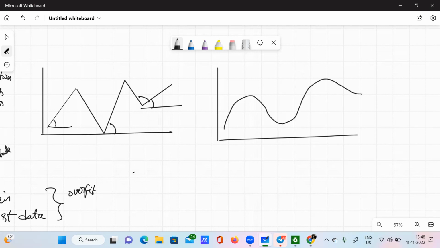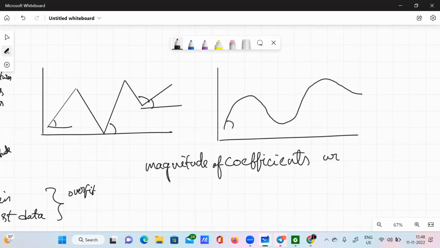Okay. So what happens now? The slope has been reduced. Then ultimately, when the slopes are reduced, the magnitude of our coefficients will also be reduced,